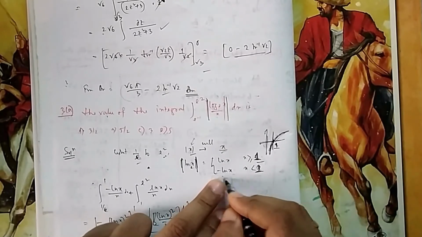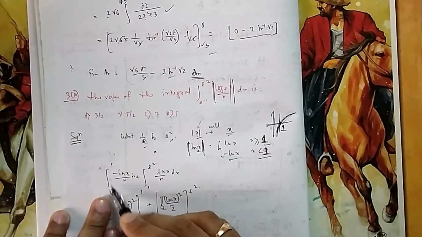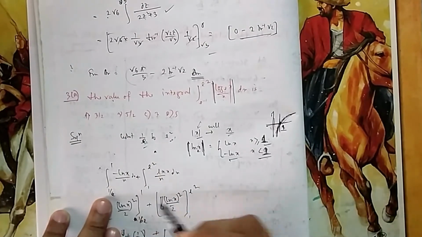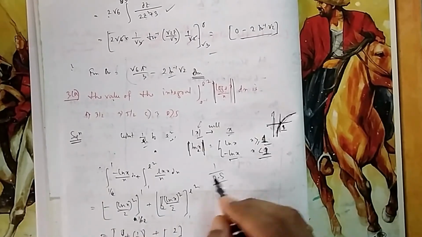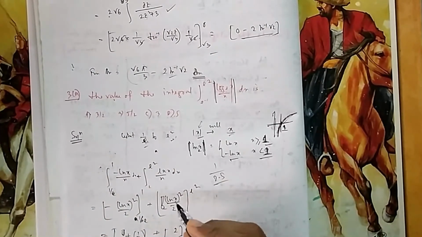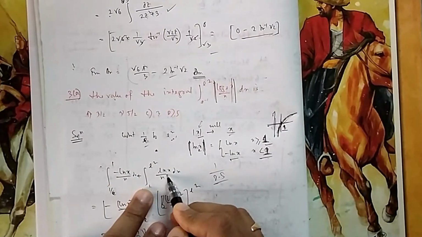So if you want to remove mod, you have to put one more minus. So that's why we will go for 1 by e to 1. Well, we will go because 1 by e is a fraction. e is around 2.5, so 1 by this will be a fraction. From that to 1, then 1 to e square. From that to 1, it will be minus ln x. From 1 to e square, it will be simply ln x.